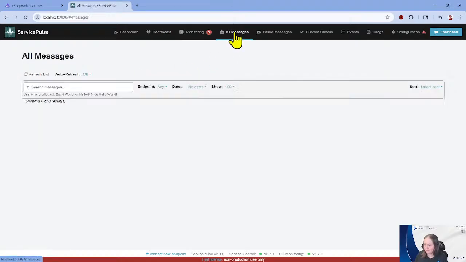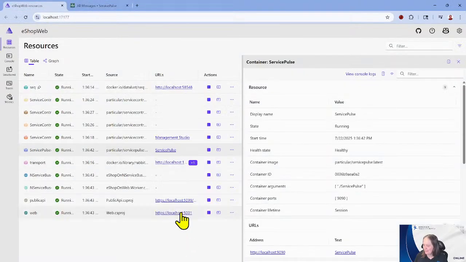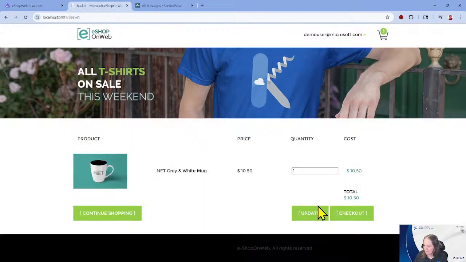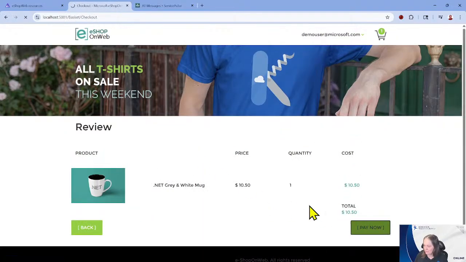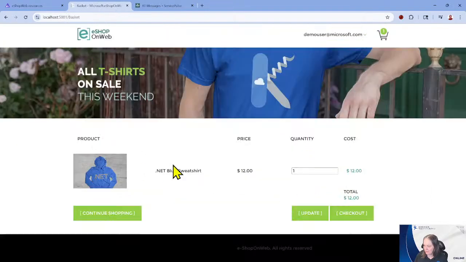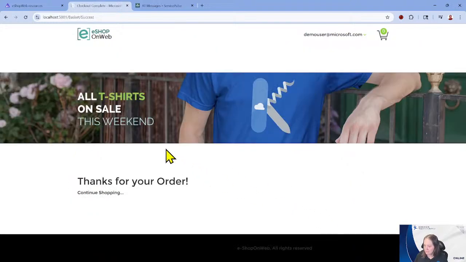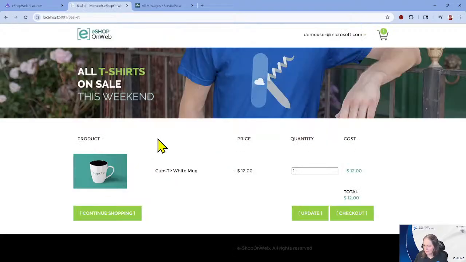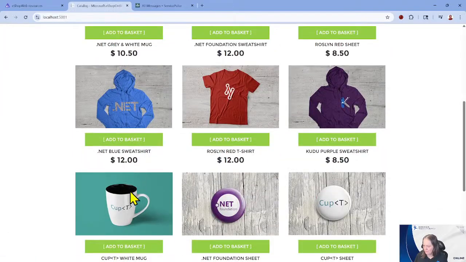Now, the other thing is going to be our all messages. Nothing there yet. Shopping. So we go back to eShop on web. And we'll do some shopping. We're still logged in as our demo user, so we can do this pretty quick. Because I know I have some Saga stuff going on right now that I don't want to talk about. We're fast through this. I say super fast because I have timeouts and stuff with the other stuff.